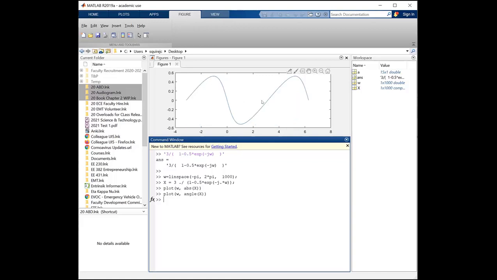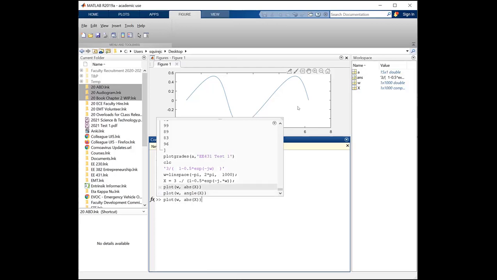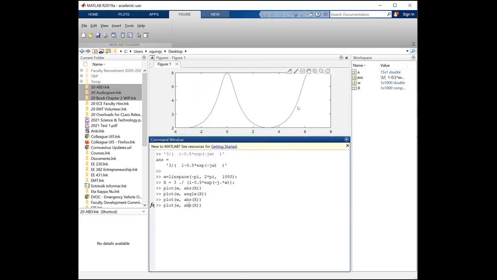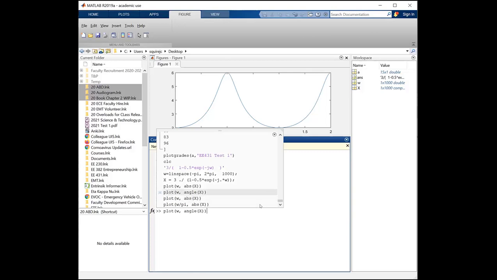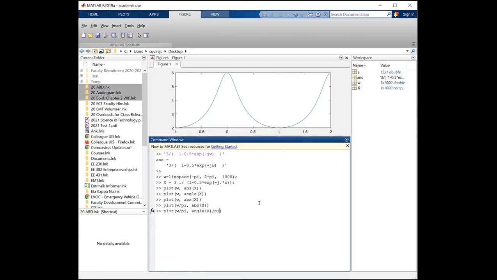And this is now graphing its angle versus x. Something that might make it clear about where our pi's are is, let's go back to its absolute value, you could take omega and divide it by pi. And now these units are in units of pi. So this is 1 pi, and this is 2 pi, and this is 0. And that's a little clearer about what you're seeing. Similarly, if you wanted to look at its angle, you could divide omega also by pi. And now you can see that this is at 0, this is at pi, this is at 2 pi